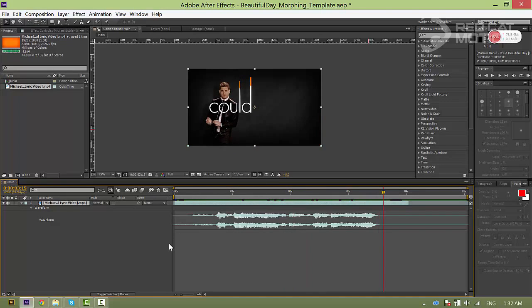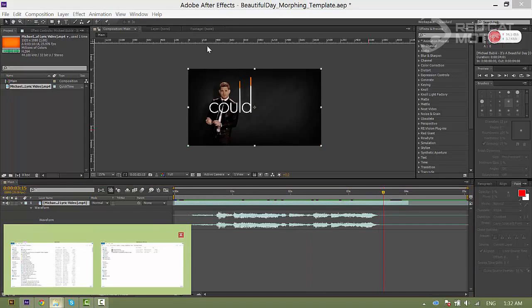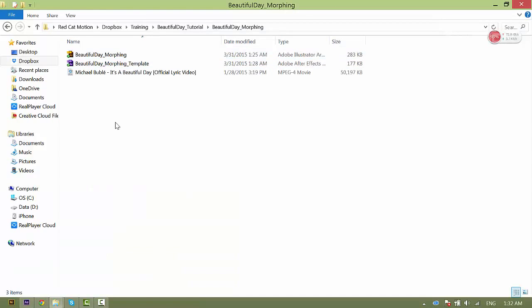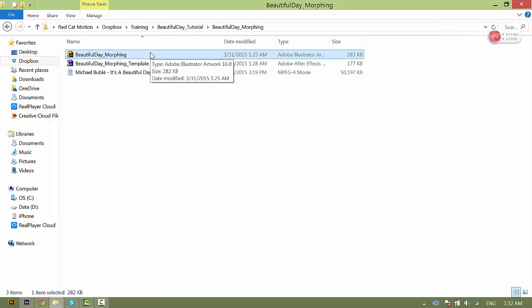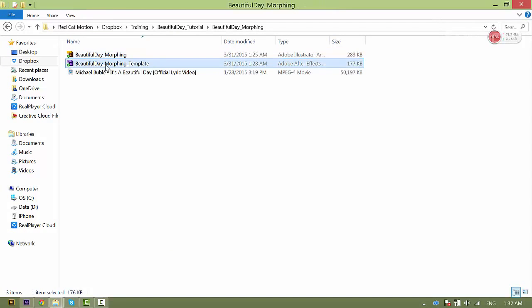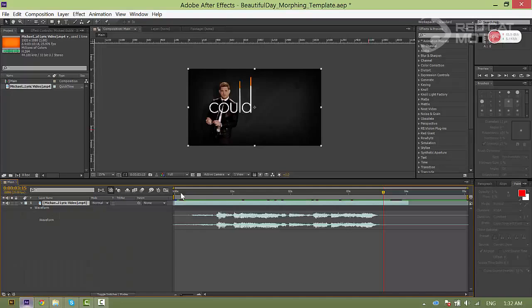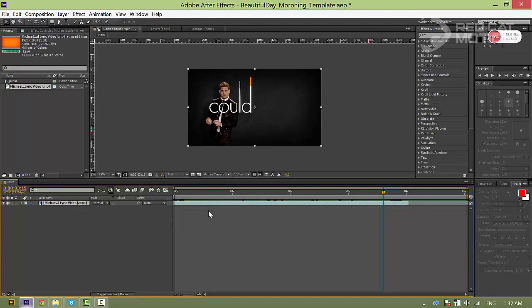Now, when you download the project folder, you have the following files. First is the Illustrator file, second is the template, and the song is A Beautiful Day. When you open it up, you can see that I have already put the song here, as well as adjusted the volume with these keyframes, so that it is convenient for you to work with.